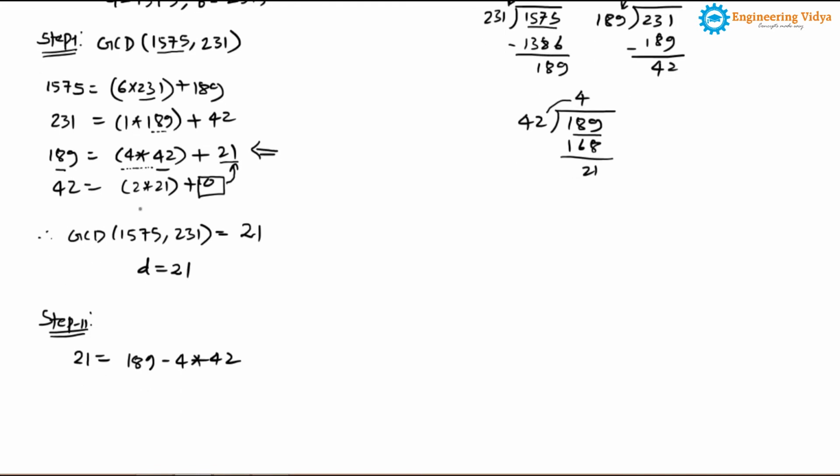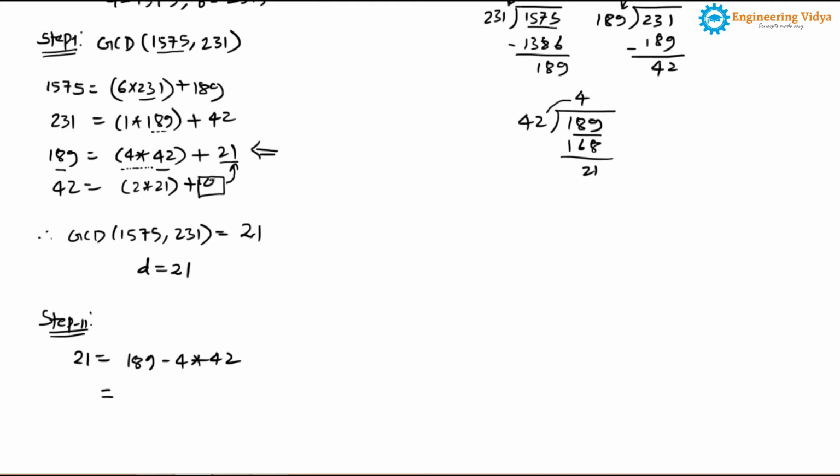Now after that, whatever equation you get at the very first step of step number 2, again we will see, do we have a remainder over here? This is the process of GCD. In the GCD process, if you see, the remainders we have are 189, 42 is a remainder, 21 is a remainder, 0 is a remainder, right? But we are not considering 0 over here.